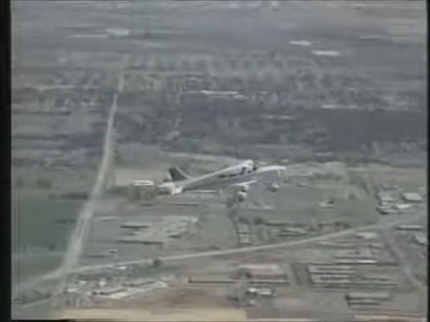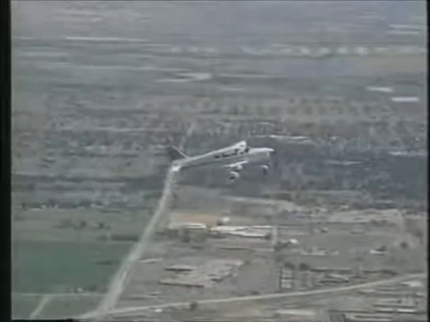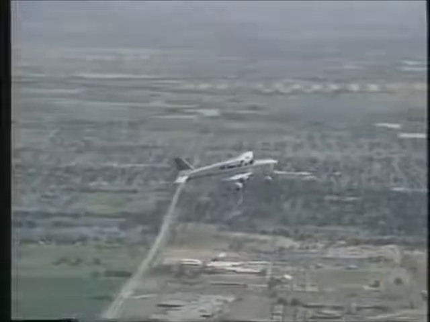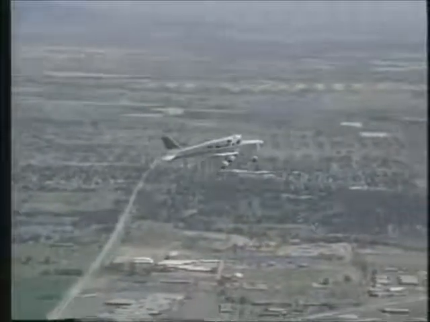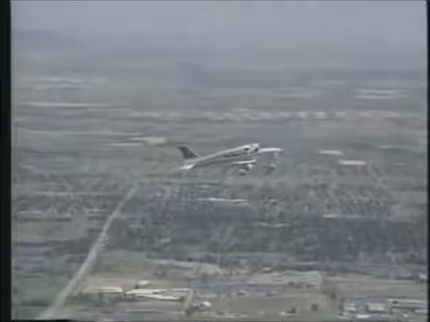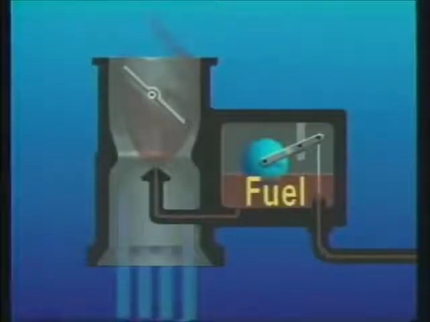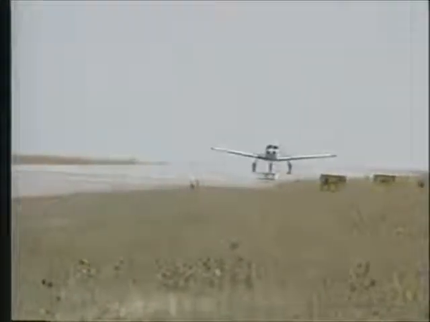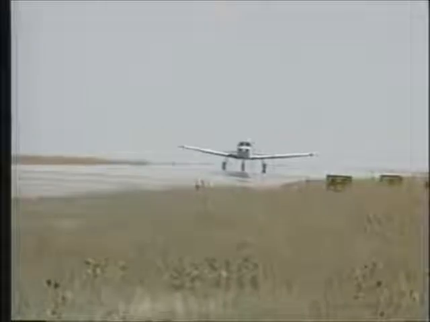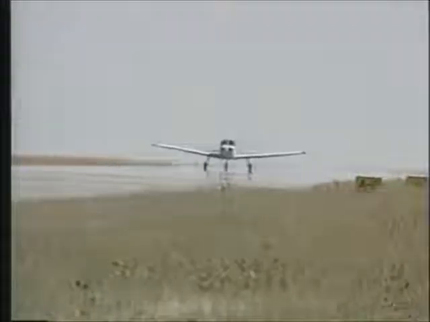To achieve the best performance from your engine, each cylinder must receive the proper fuel-air mixture. The engine induction system lets you regulate the proper mixture required during different flight conditions. Before the mixture enters the cylinder, a carburetor meters the correct amount of fuel and then combines it with filtered air. The carburetor, however, is calibrated to provide the proper fuel-to-air combination at sea level when the mixture control lever is set in the full rich